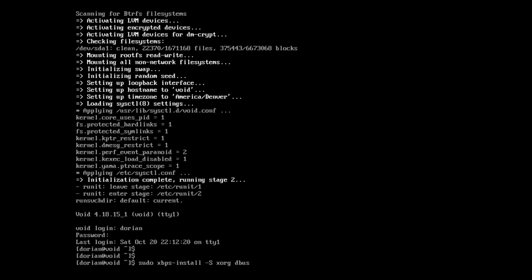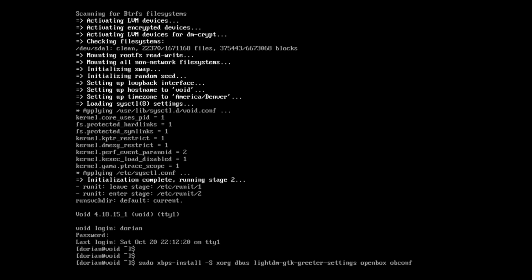Dbus, and we're going to do lightdm-gtk-greeter-settings. What this is going to do is it's going to install all of lightdm, because lightdm itself is a dependency of the lightdm greeter settings. So by just installing this, it installs everything underneath it as well. So then, of course, Openbox itself,